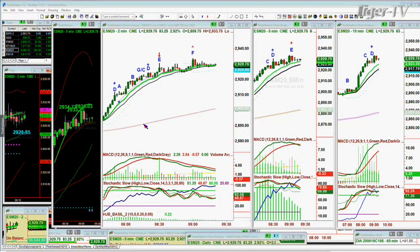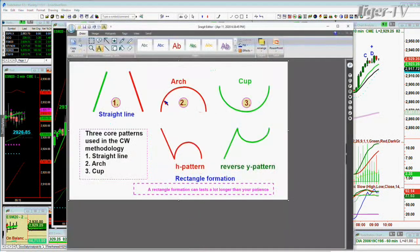I suspect that a couple of things are going to happen. We'll talk about that in a moment. Let me just first tell you that in my work, I'm only looking for 3 patterns. Straight up, straight down, that's 1. Arch formation, that's 2. Cup formation, that's 3, and a combination that I call the dreaded H, or the lowercase